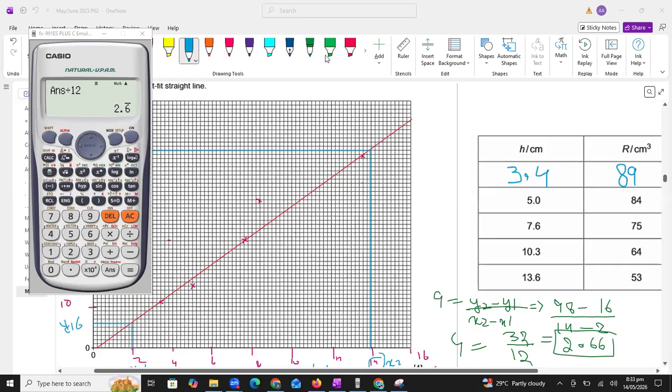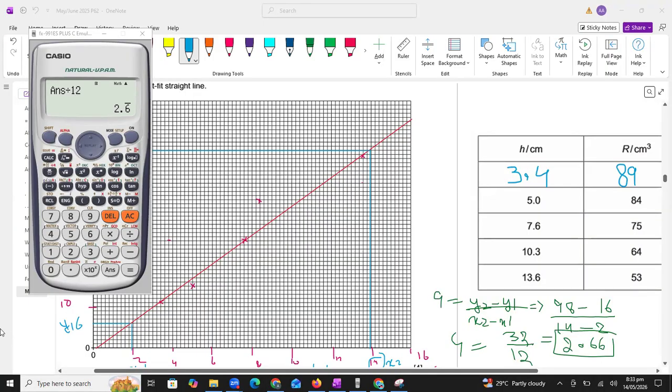Is it clear to you, students? Is it clear to you? Did you understand how should you draw the graph and how to find the gradient of this graph? All right. Can I clear the screen, students, if you have noted down each and everything? All right. Now, students, I'm going to clear the screen. Okay.